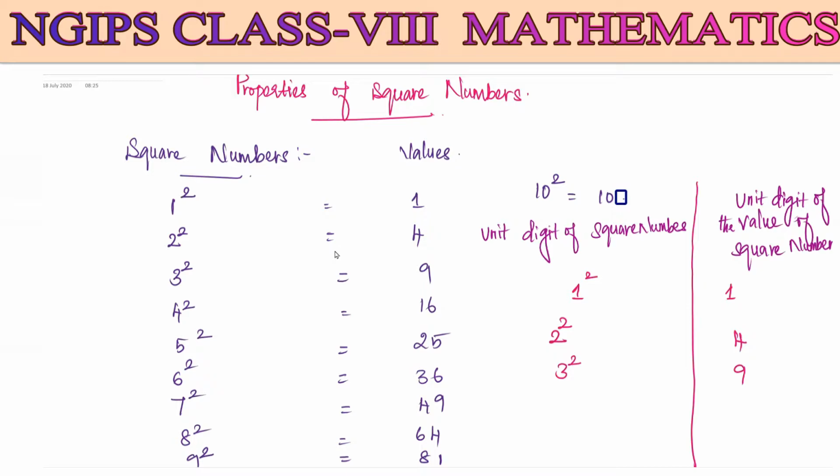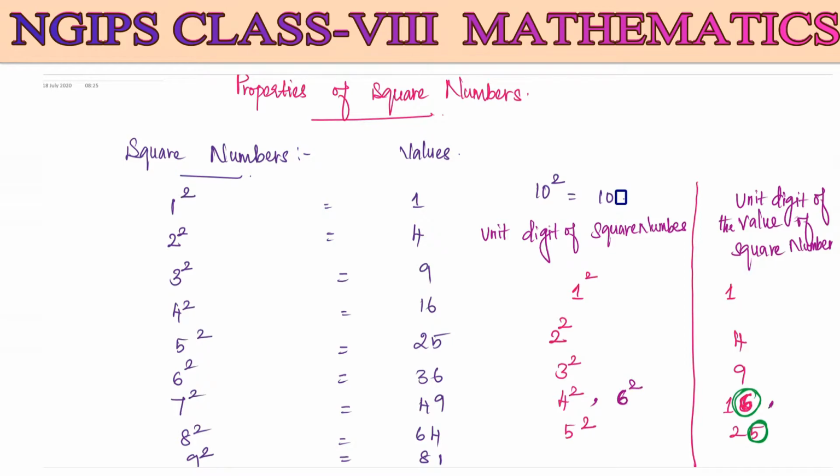When it comes to 4 square, the value is going to be 16, so the unit digit is 6. Here we have 16, but I have taken only the 6. Next, 5 square, the value is going to be 25. So here the unit digit is going to be 5. Now when it comes to 6 square, 6 sixes are 36. So I can write here the unit digit is